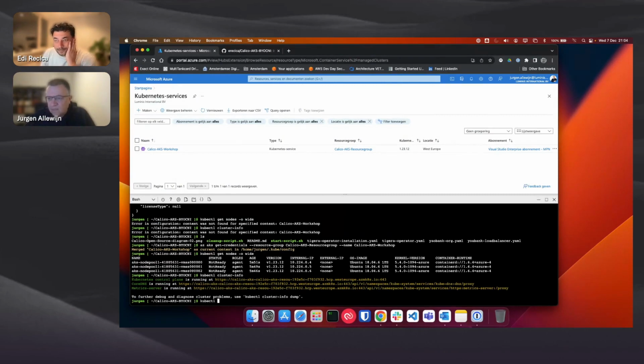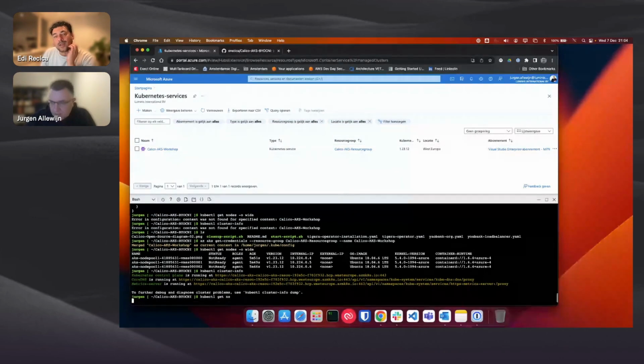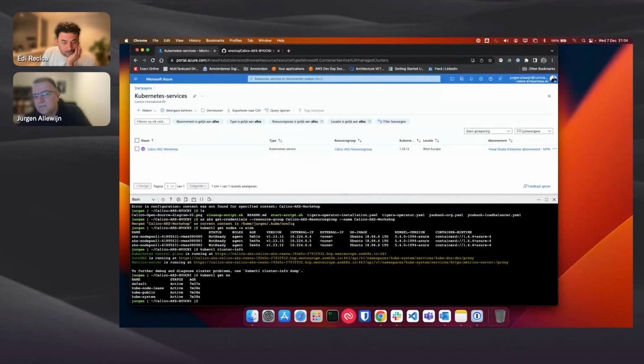And if we look at namespaces, they are also there. So the default, the kube-node-lease, the kube-public and the kube-system. And also if we do the get pods,